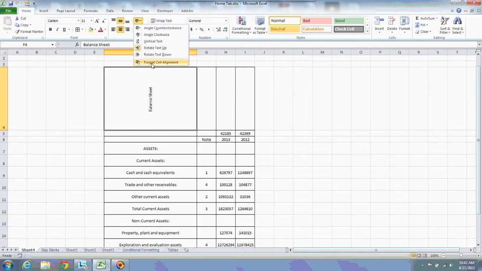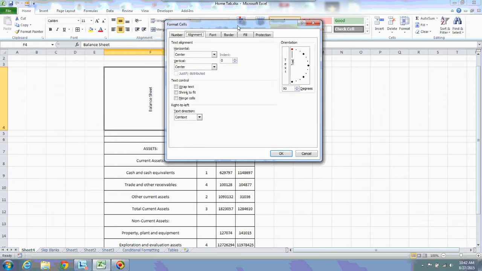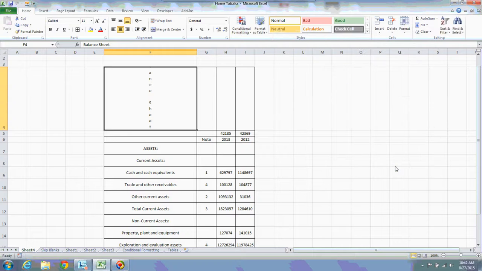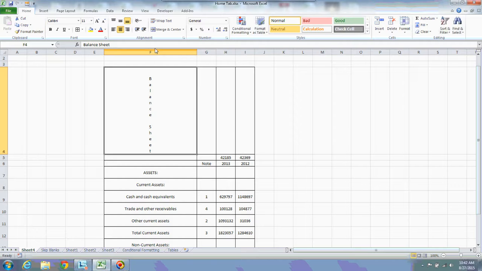Again I am changing format cell alignment. You can also select this format cell alignment. If you click this one, the dialog launcher will open. Now you can see there is a text orientation box. Now if you click this one directly, you can also select the text, or you can observe how the text is changing. That is vertically it has been changed like this. Vertical text, it has been changed to vertical text.